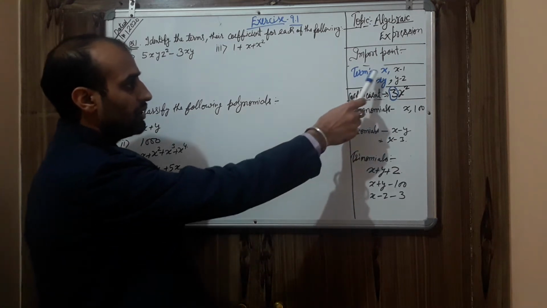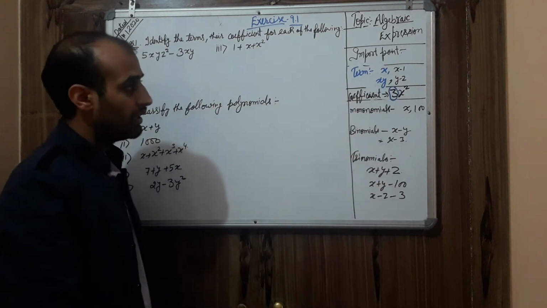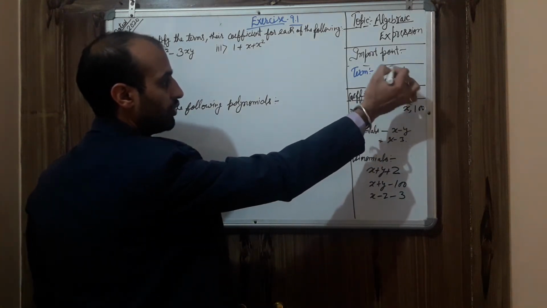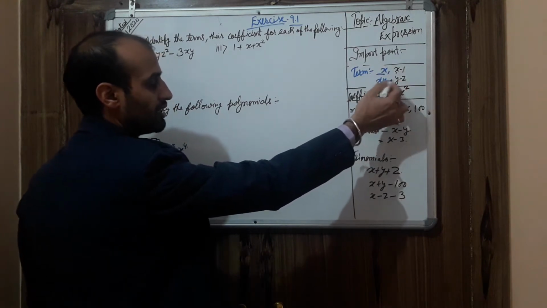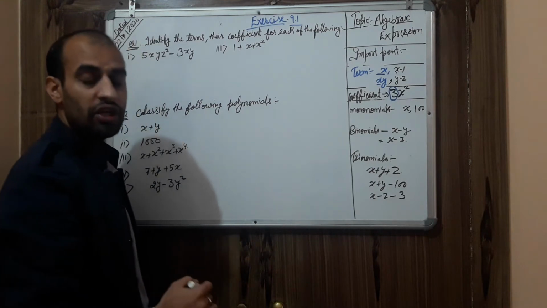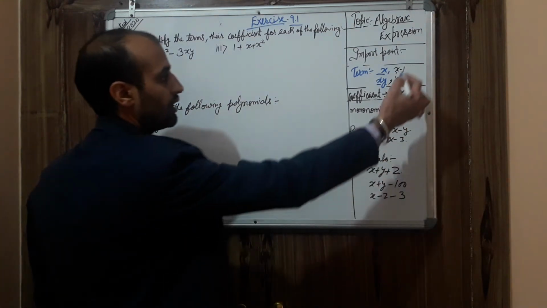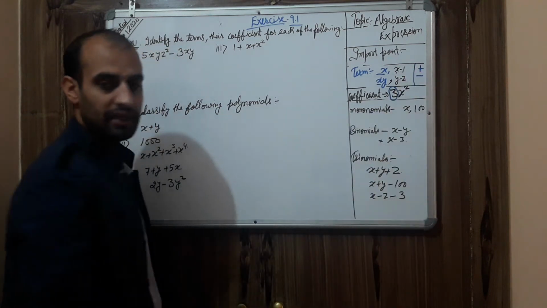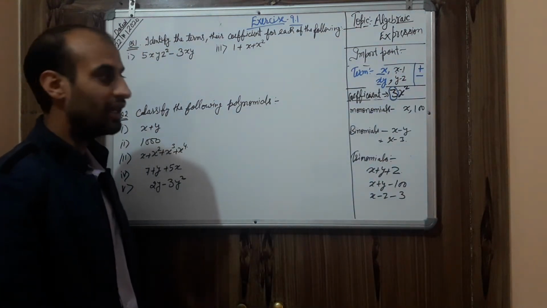Terms means it is a combination of variables and constant. So you can see this is one term and these are two terms. Again, x and y are multiplied to each other, so it is one term, and x by z is two terms. So dear student, when we are talking about terms, terms are always separated by plus and minus signs. Then we count the next term.